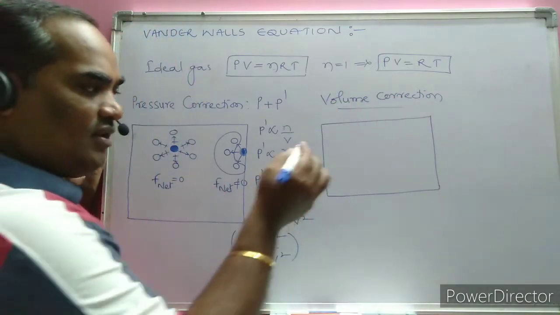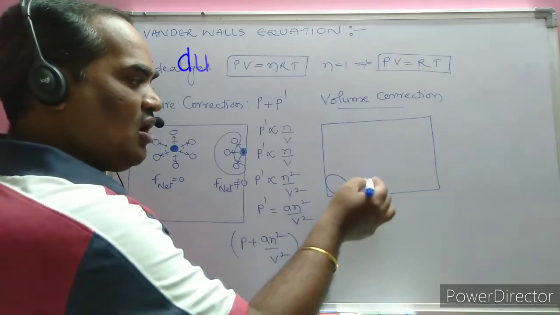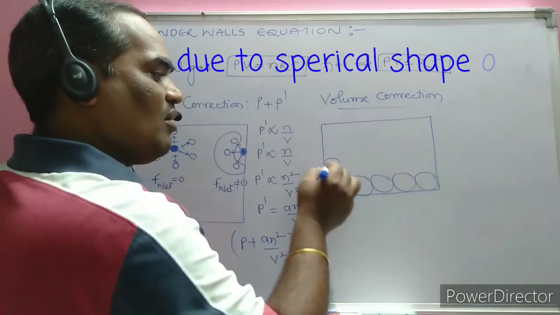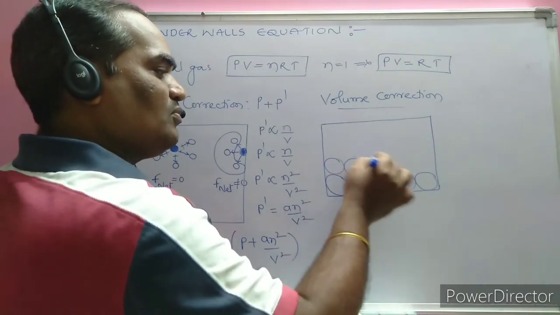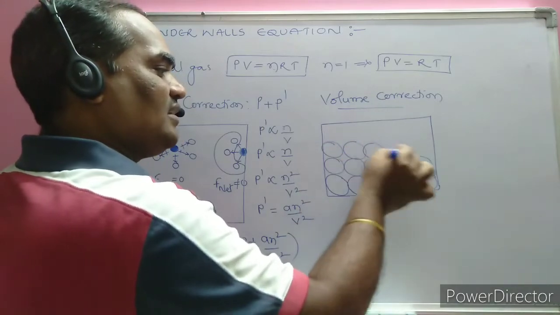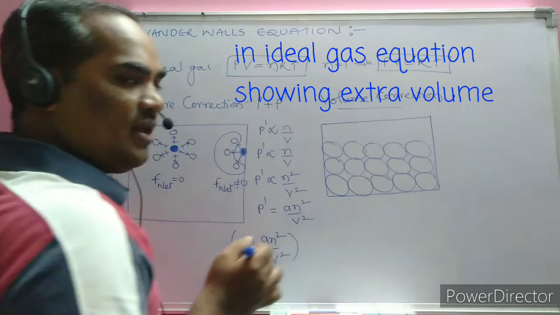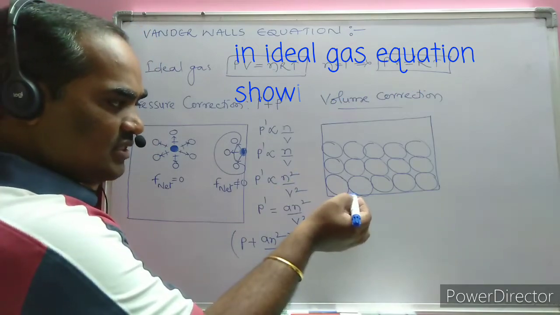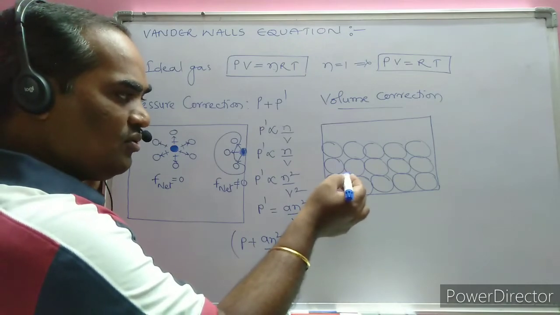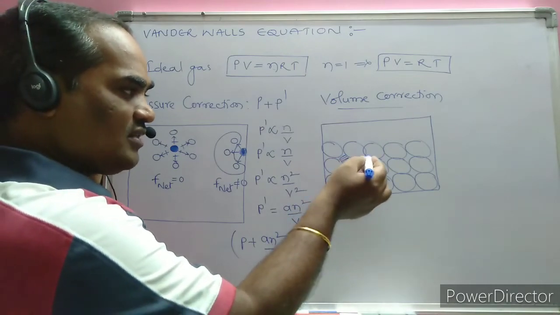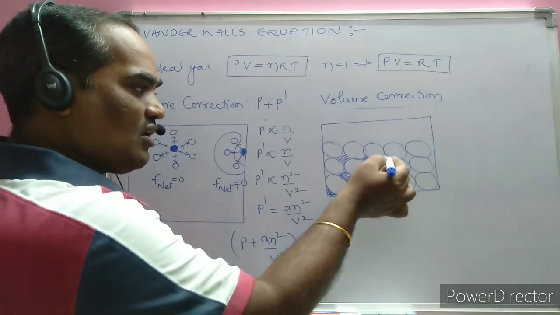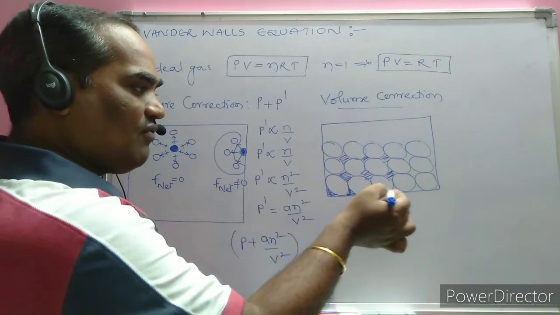According to the kinetic molecular theory, all the volume is occupied by the gaseous molecules like this. All the molecules get accommodated. That's what they supposed: that the volume of the container itself is considered as the volume of the gas. But what van der Waals observed is that in this place, is any gaseous molecule occupied? No. Here is any molecule present? Here is any molecule like this? The gaseous molecules are not accommodated in the entire volume.